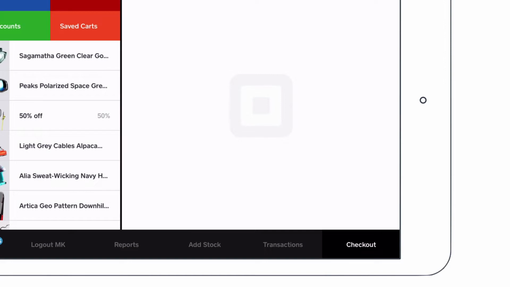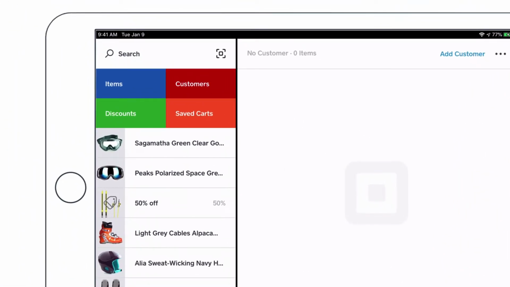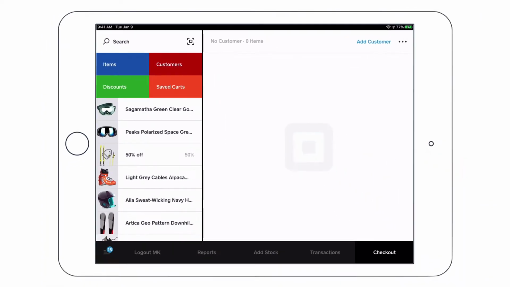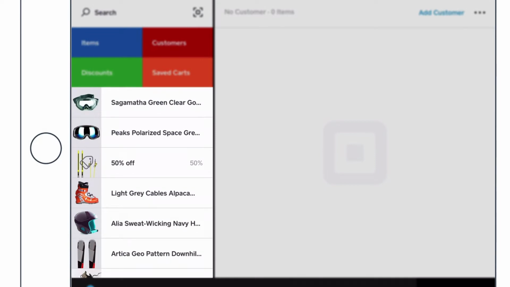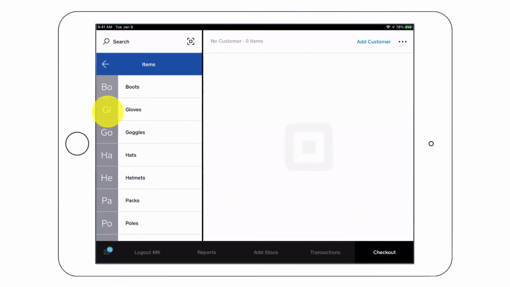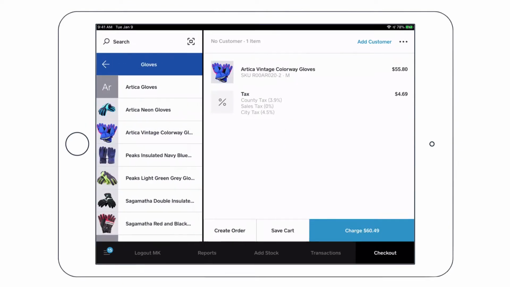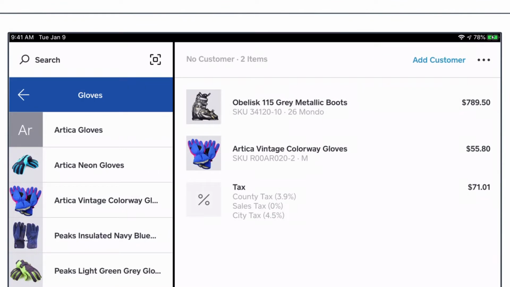By default, when you open the app, you'll be placed in the checkout cart. The app is designed to make the checkout experience as quick as possible. When a customer wants to check out, you can add items to your cart in multiple ways. First, you're able to put the most popular items from the checkout view. You can also scroll through your item list, search your items by item name or SKU, or lastly, you can scan an item barcode.